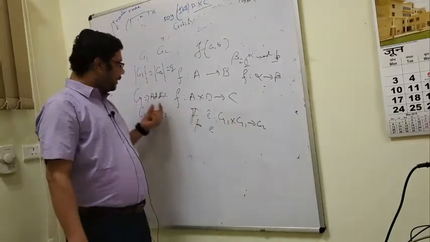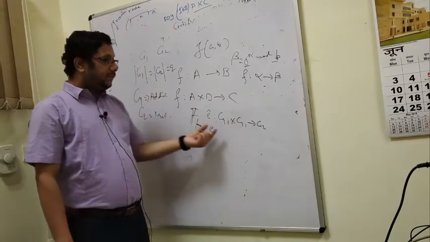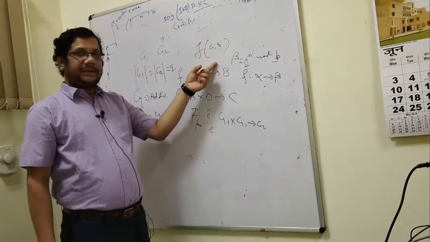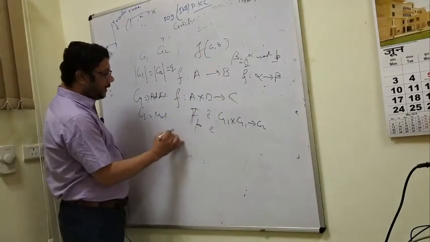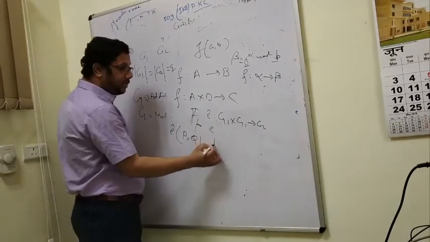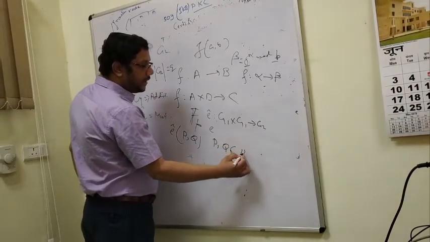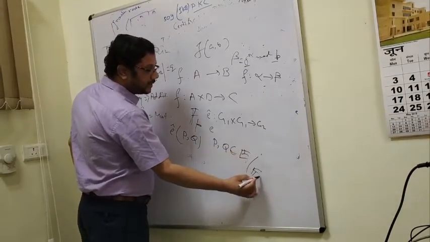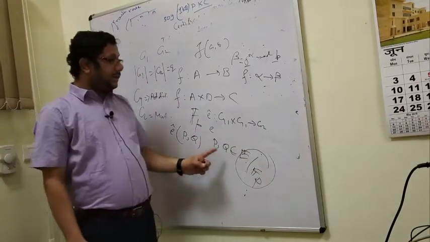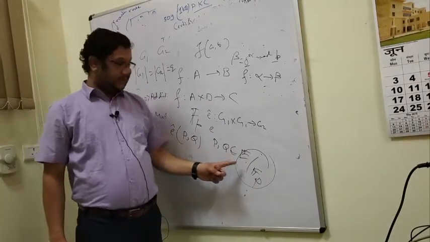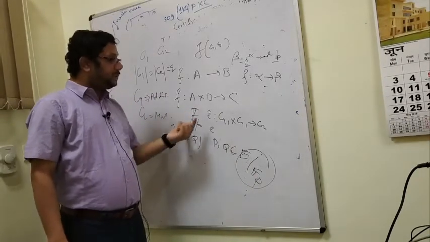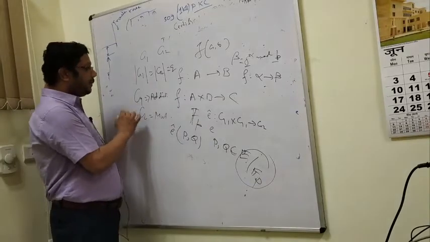So that means if we take an elliptic curve, then the first input is a point, the second input is also a point. So if I write it like f of AB, I can write it like this, E of PQ, where P and Q both are points on that elliptic curve. See, this notation means the elliptic curve is defined over the finite field Fp. So EPQ is the bilinear function. The output of this is an element in G2.